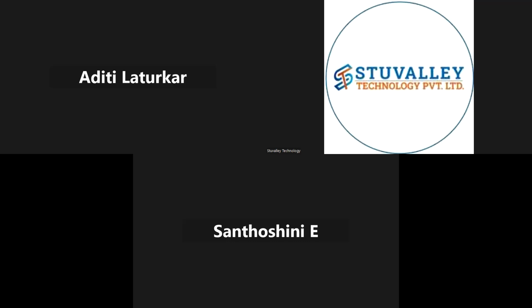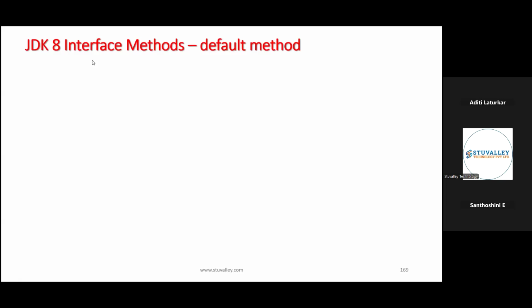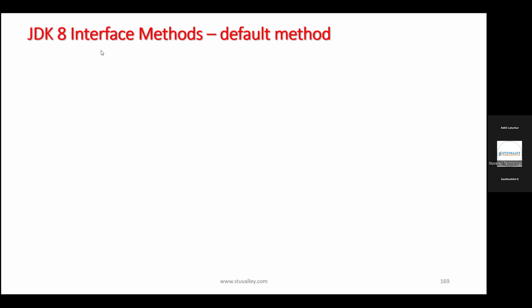So firstly, we are going to see the methods which were introduced in JDK 8 inside an interface. Those are concrete methods. Up till now, till JDK 7, we were able to only add abstract methods, but due to some reason that I will explain, Java has introduced a few concrete methods inside an interface. The first method we are going to see here is the default method.